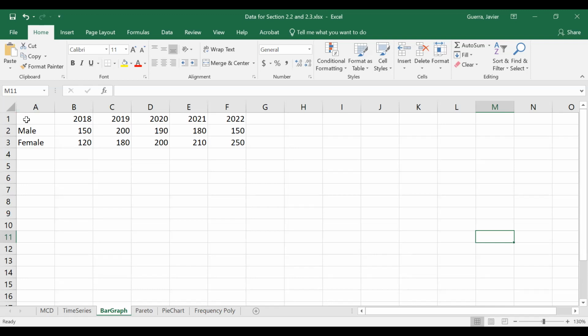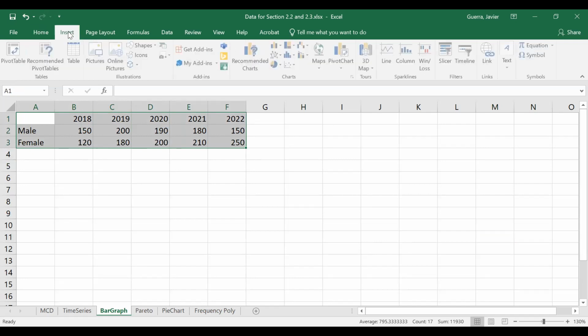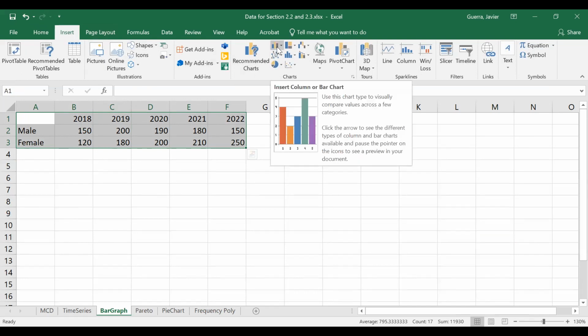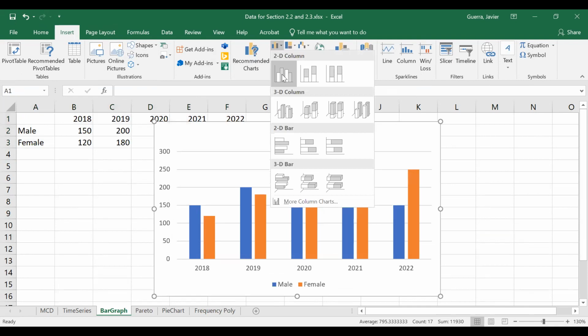Once you have it set up in this manner, you're going to highlight the data, and you're going to hit insert, and you're going to click next to the recommended charts, the very first one right there called insert column or bar chart. You're going to click on that graph. Click it. You're going to select the first one,